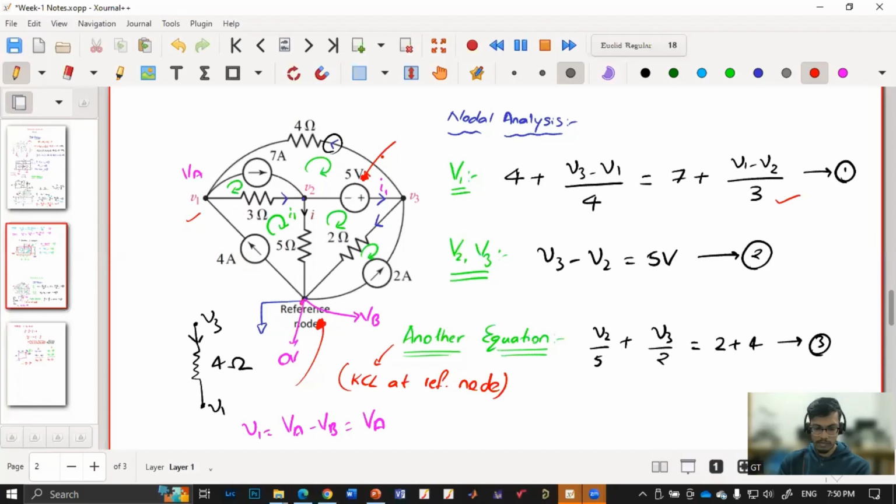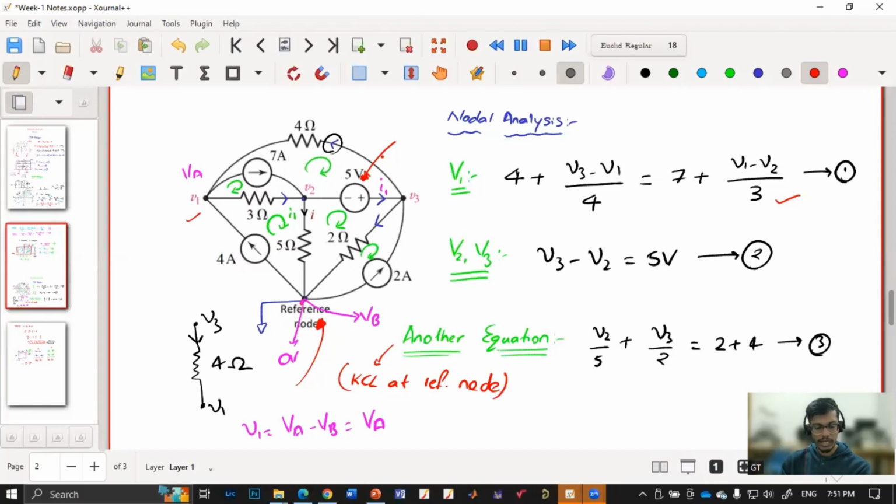Someone said we can apply KCL at this point. At the end of the day, if your question has 3 unknowns, you need 3 equations to solve. So I have to find a way to get the third equation. In this question, I am applying KCL at this point to get the third equation. But it is not the only way to solve. That needs to be